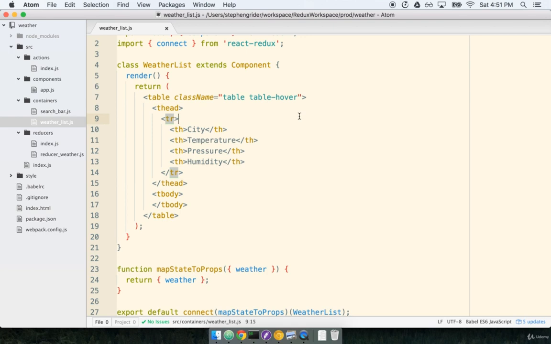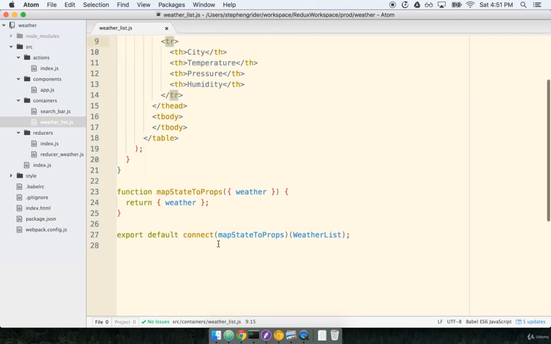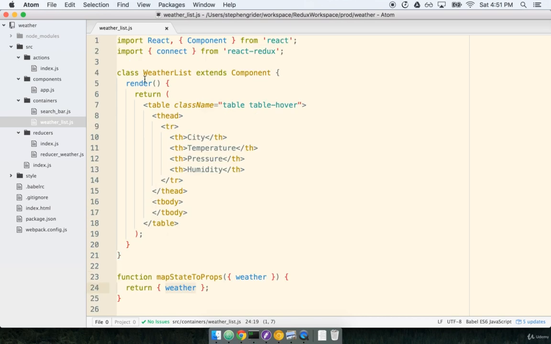In the last section, we started putting together our weather list container. We put our table together and we hooked it up to our Redux state along with the weather state right here. So we now have access to this.props.weather inside of weather list. To build our list of rows now, remember one row represents one city, we're going to need to build a